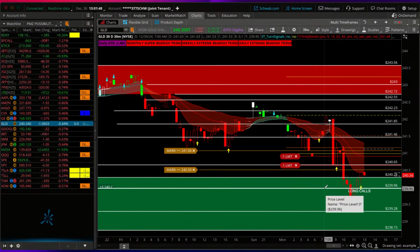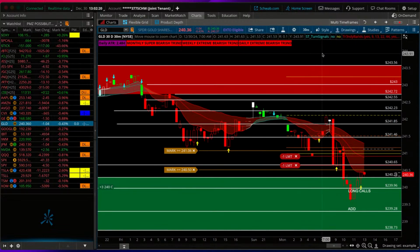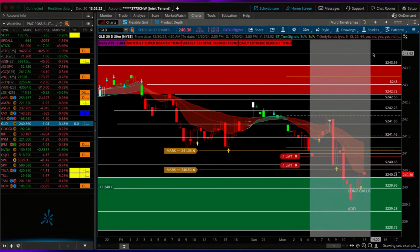And today I was watching GC futures, they were performing better than the overall market, giving me a bullish bias. They were also opening up very close to this demand zone. So I got in some long calls, half allocation here with plans to add at 239.28. I'm looking at a 30-minute chart right now, and I wanted to show you to demonstrate how we can